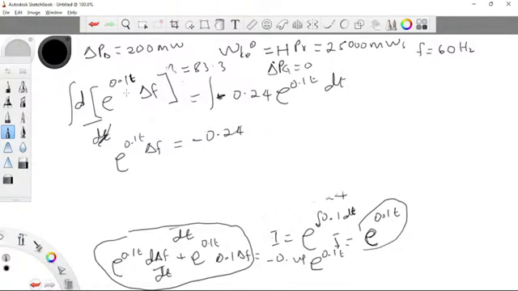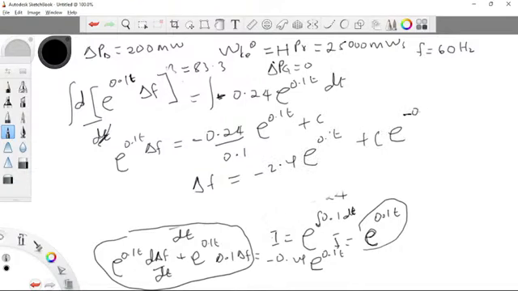So we are integrating e to the power 0.1. So changing f plus a c. Changing f will be equal to negative 2.4 e to the power 0.1 t plus c e to the power negative 0.1 t. Changing f equals 0 when it's working normally, we don't have any change in frequency, so we have this. When you solve, you get c as